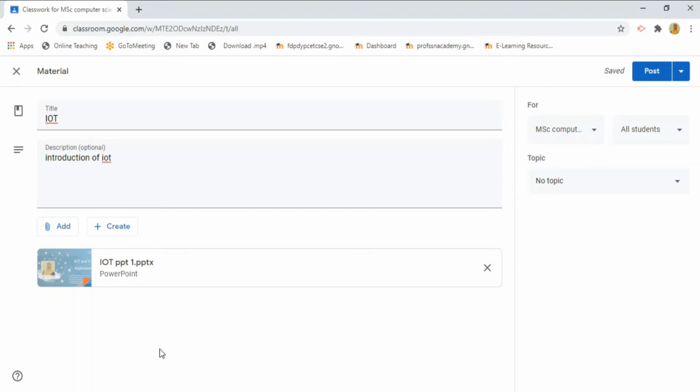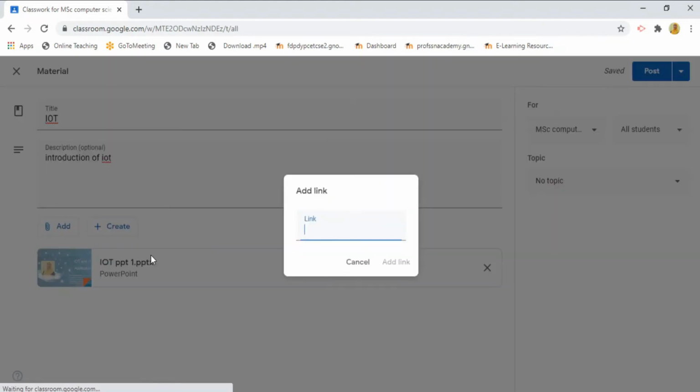Likewise, second option is link. You can add the external link by using this link option. So here you can add the link. Here you can give a link of the YouTube or other video that you want to add.